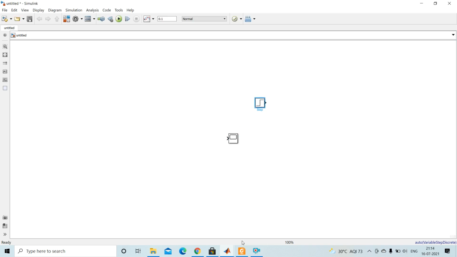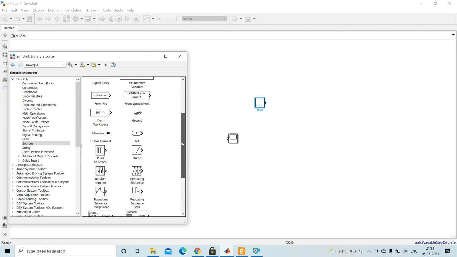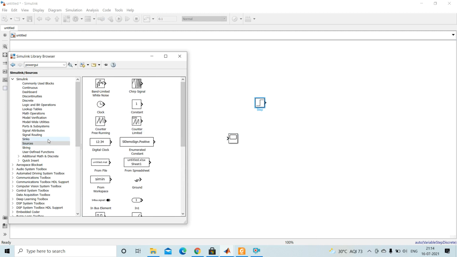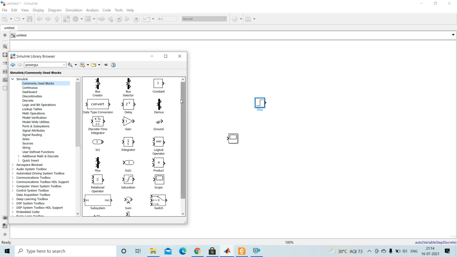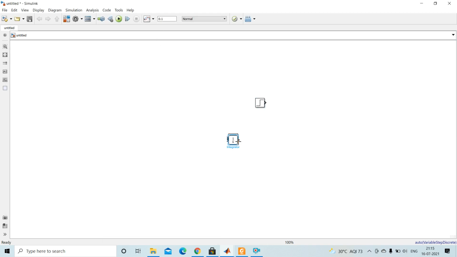See, this step, this is the scope, and then we need a transfer function. Search over here for the transfer function. Control I. Let's see what happens over here. This is the input, this is the output.